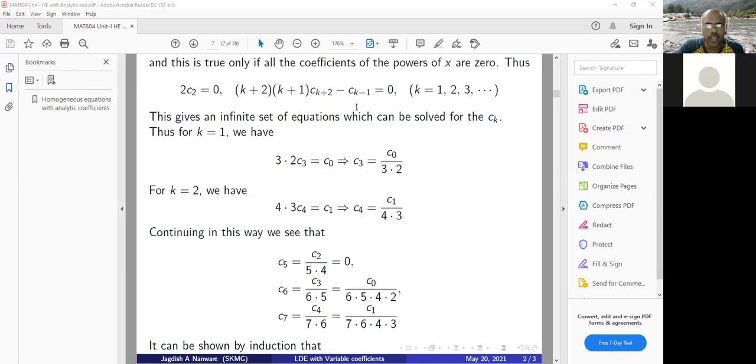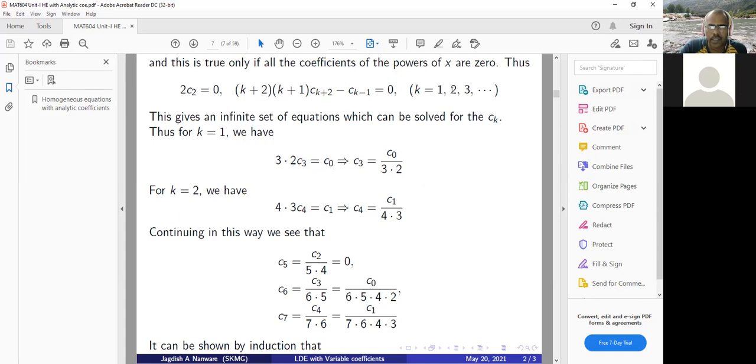So, see, put k is equal to 1. So, what we get here? After putting k is equal to 1, this is 3, this is 2, this suffix is c3, and this is minus c0, because you are taking k is equal to 1, so this subscript is 0. So we have 3 into 2 into c3 minus c0 is equal to 0. So from this, you can find the value of c3. The value of c3 will be in terms of coefficient c0, right? So this is c0 upon 3 into 2.